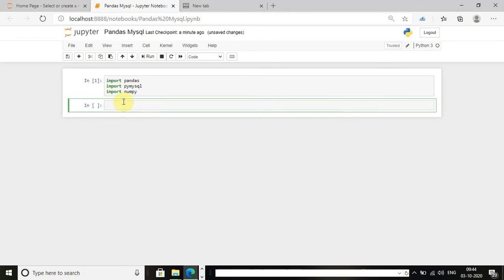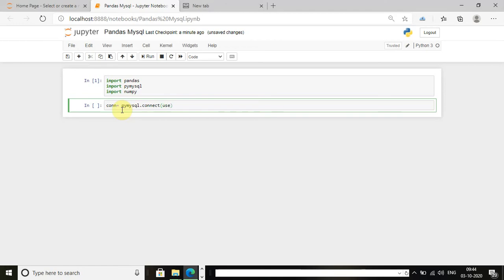Now I'm going to initiate one connection variable from PyMySQL. For that connection variable, I have to call the method connect in the PyMySQL package. In that method, I have to give the credentials for my MySQL table.